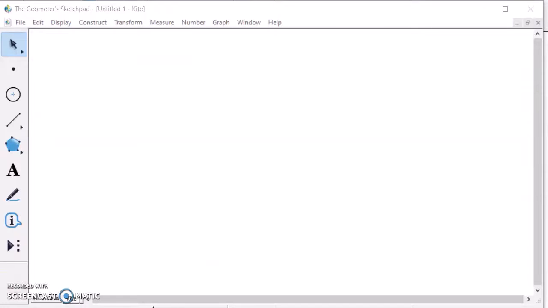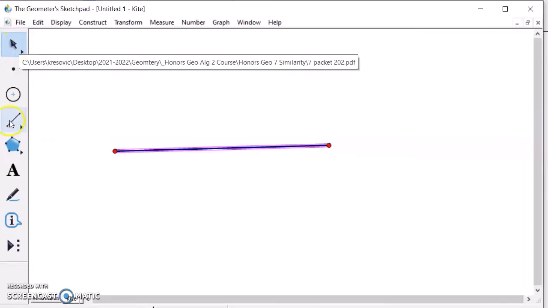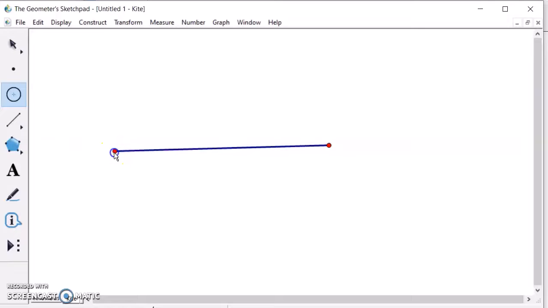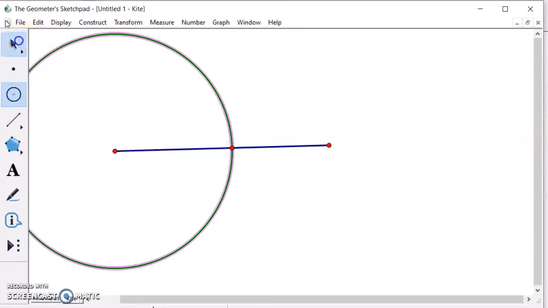In 5.4, our definition of a kite was a quadrilateral in which 2 disjoint pairs of consecutive sides are congruent. Now, I do believe that there's easier ways to construct a kite, but I'm going to go with the book's definition. So I'm just going to construct a random segment there. And I need consecutive sides to be congruent, so I'm going to use a circle. And the reason why I constructed that segment is because I want to create this radius specifically,